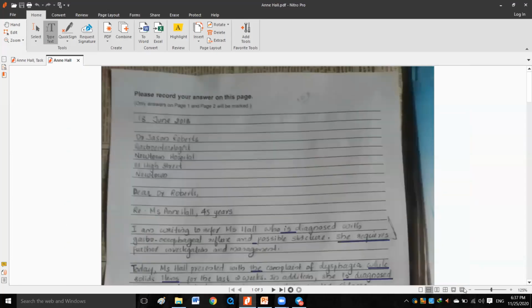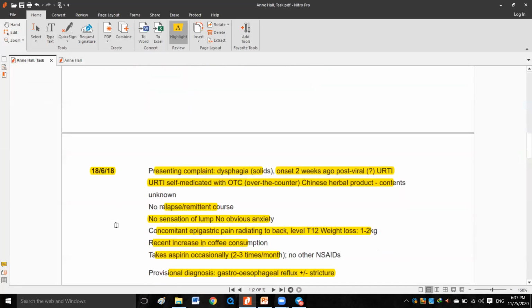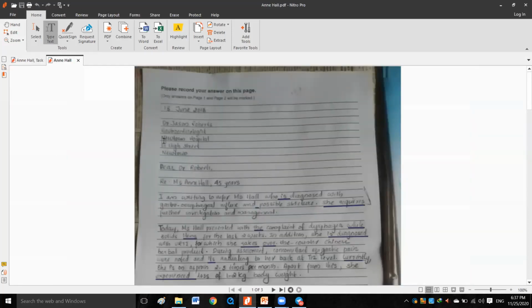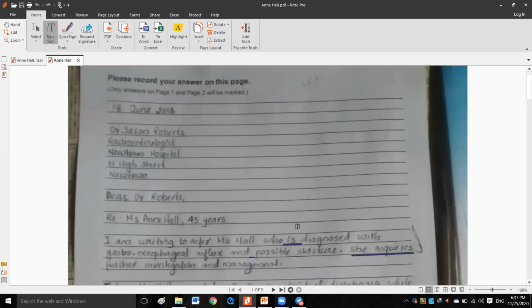Okay, regarding the letter format for this letter, on top, this is the date. Just remember: 18 June 2018. And this is the address: Dr. Jason Roberts, and the specialty, gastroenterologist, Newtown Hospital, 111 High Street, and all capitalized. Newtown also capitalized. Dear Dr. Roberts, comma,